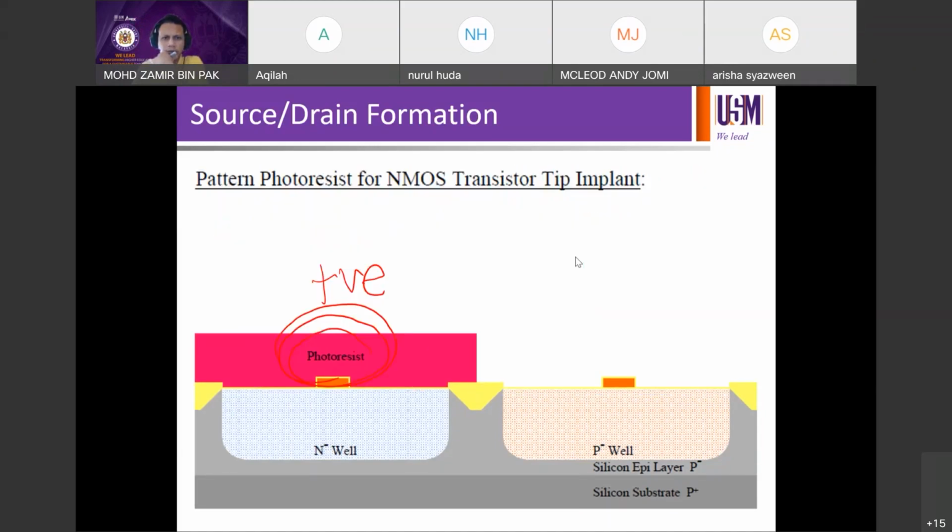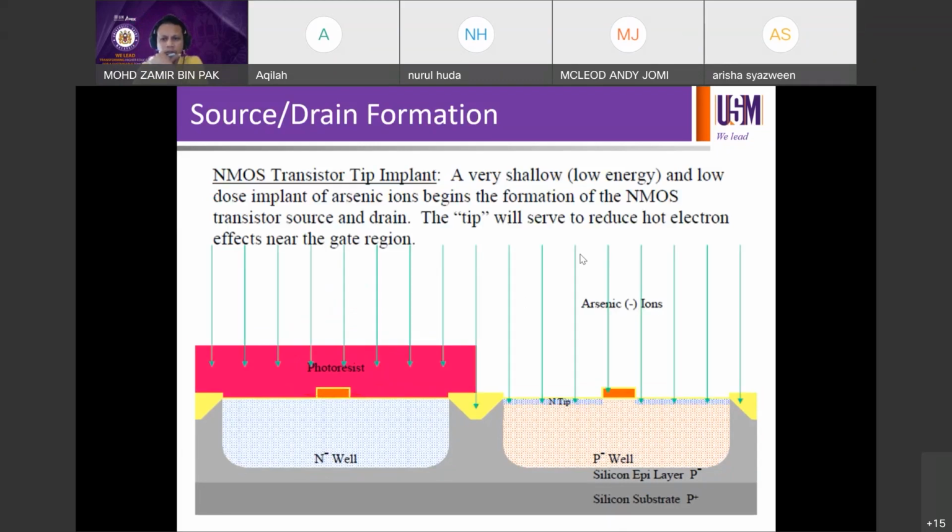now you want to do a transistor tip implant. What is that? NMOS transistor tip implant, a very shallow, low energy, right? If you want to go deep, you go for high energy, and if you want to go medium, you have to use medium energy, right? In this case, you want to go very, very shallow, very thin. You can see here, very thin tip, very shallow, low energy, hence low dose implant of arsenic, in this case,